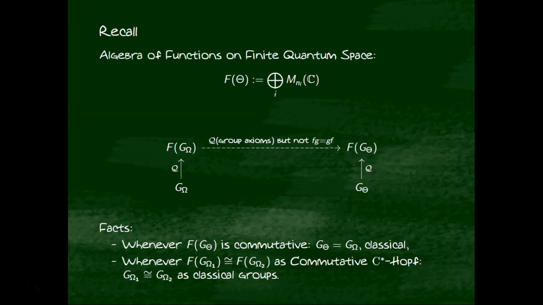Okay. So this is from the previous video, kind of explaining what quantum space is and what a quantum group should be. In the previous video, we argued that the algebra of functions on a finite quantum space should be a multi-matrix algebra. Basically, the idea here being that this would be what's called a C-star algebra. And what are called the self-adjoint elements in here, all these objects are bounded operators on what are called Hilbert spaces. And when you take a self-adjoint thing in here, it'll actually see a set